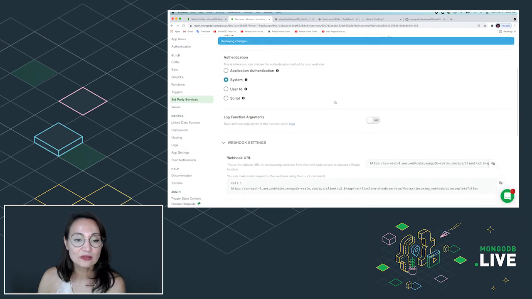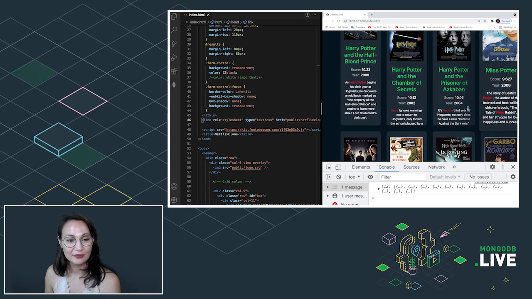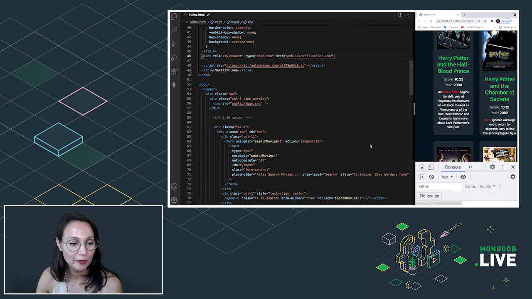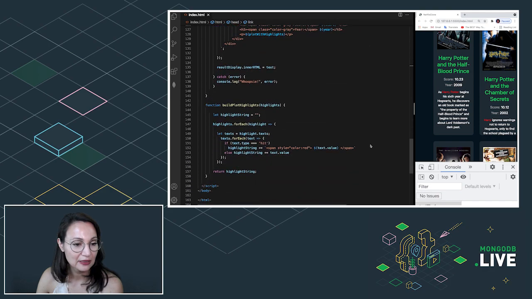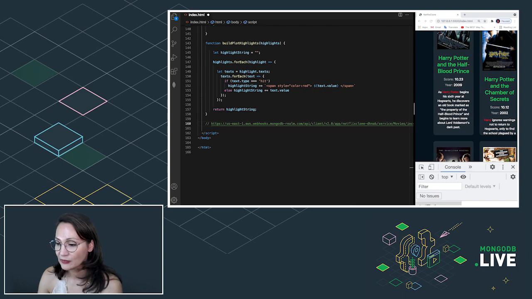And then now, let's grab that webhook URL and bring it back to the front end. Give ourselves some more room here while we build this out. Okay, so at the bottom, after build plot of highlights, I'm going to paste in the webhook before I lose it.